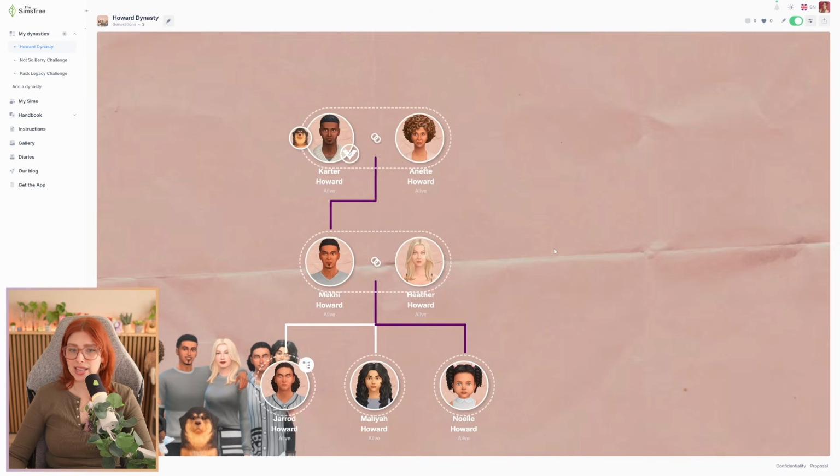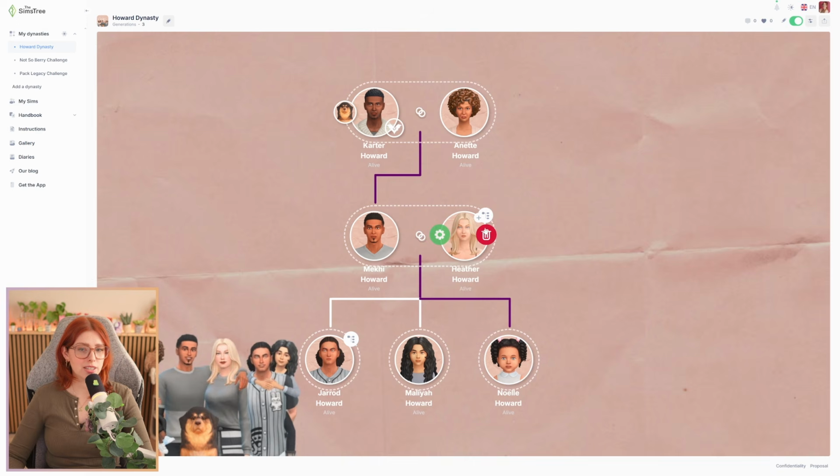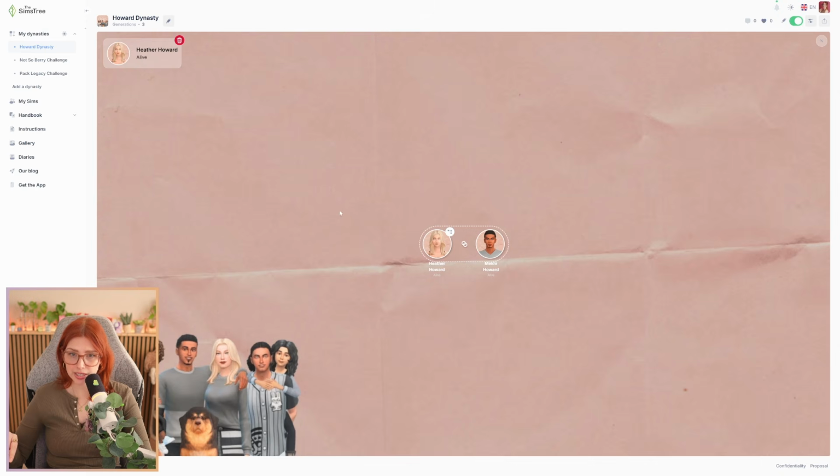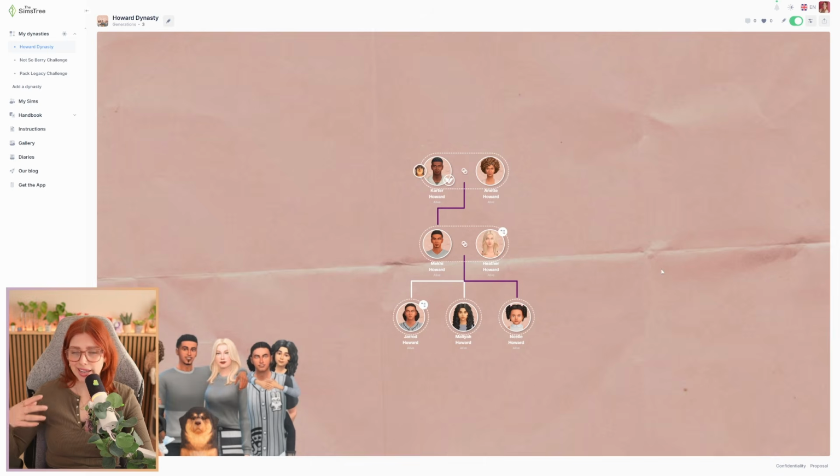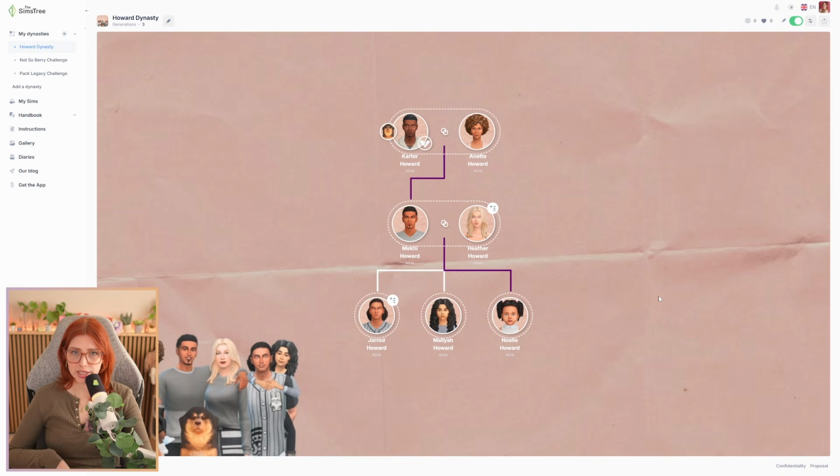So that means that, let's say for Heather, in this case, I would like to set up her family tree with her parents and maybe her brothers and sisters. I can click on this and then I could set up her own separate family tree, which again allows you for very complex storytelling. If like your sim is marrying into another family, but they already have a lot of